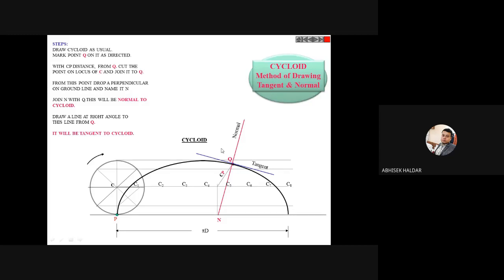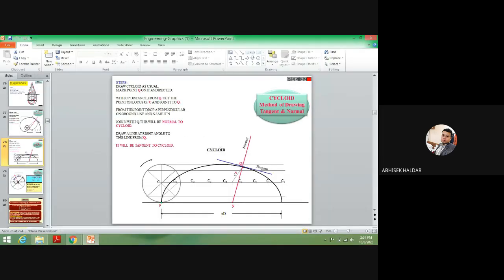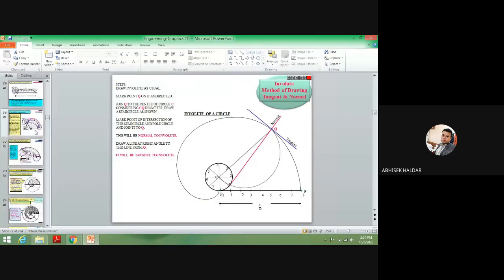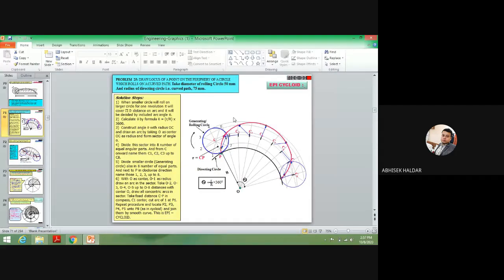Okay, so we have 10 more minutes. So let me now show you the epicycloid. This cycloid, I think, is in question number 2 of your assignment number 1. Now, question number 3. Question number 3, exactly the values may not be the same. Values will be different, obviously.